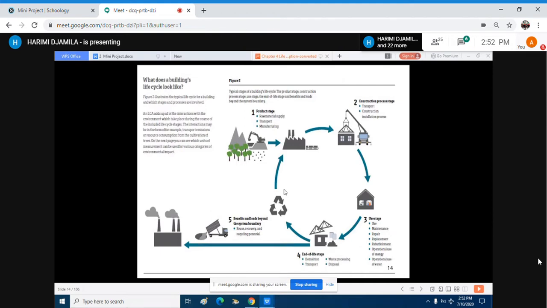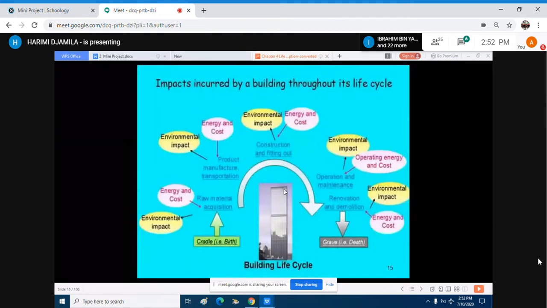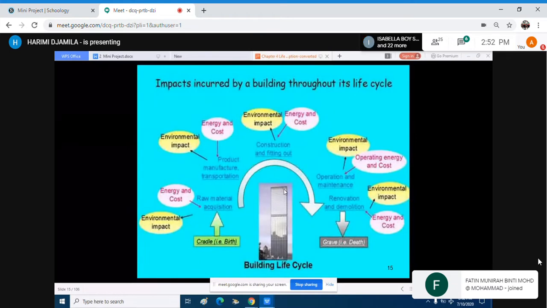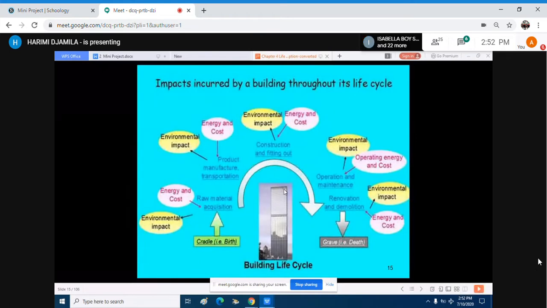Okay, I left a few slides for you to read on your own. Whenever we talk about life cycle in general, as I mentioned, we talk about environmental impact. You observe in some slides, I believe probably even on the web, in fact I took this one from the web, it doesn't show the social aspect of it. But as I mentioned, whenever we talk about sustainability, the social factor should be considered. Here, why I want to select this one is an example of a building life cycle